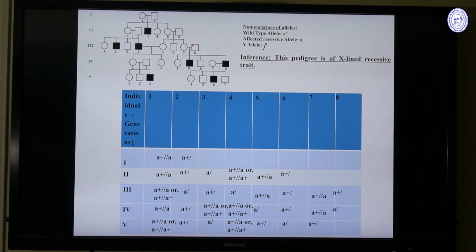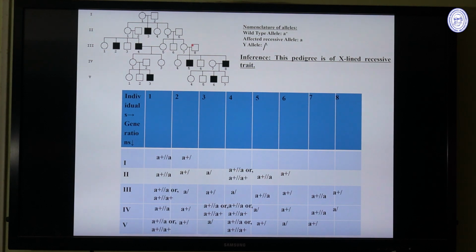So last of all we should give a confirmation, that is the inference, and we should conclude that this pedigree is of an X-linked recessive trait